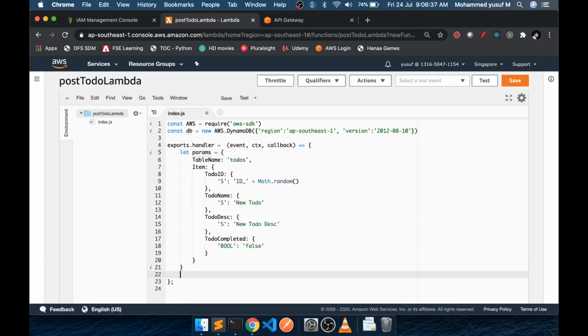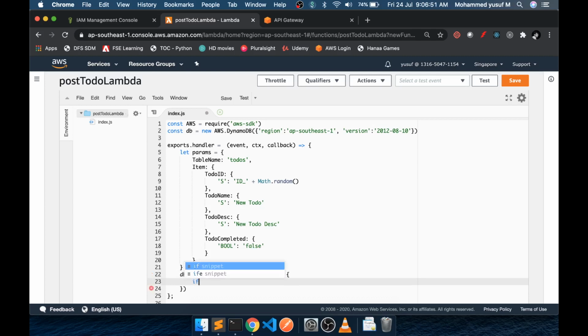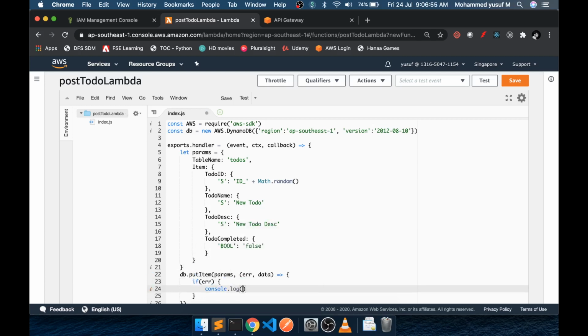So let's come down. We just say db.putItem, and it takes the params, and then it takes a function with error or data. It's a callback function basically. And here if we have an error, then we'll console log the error and do a callback with error.